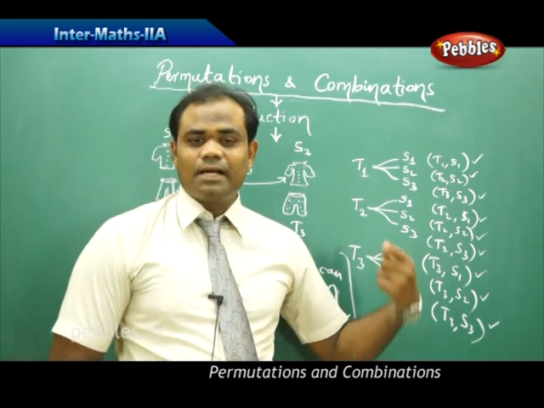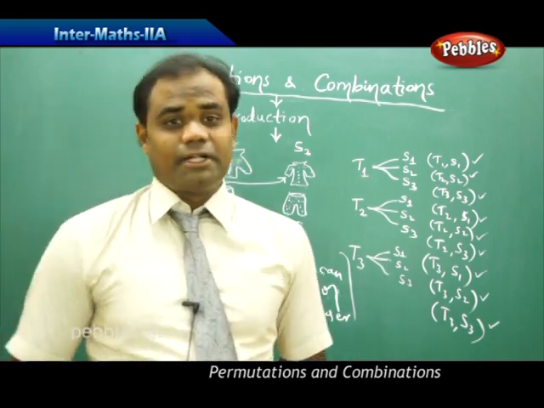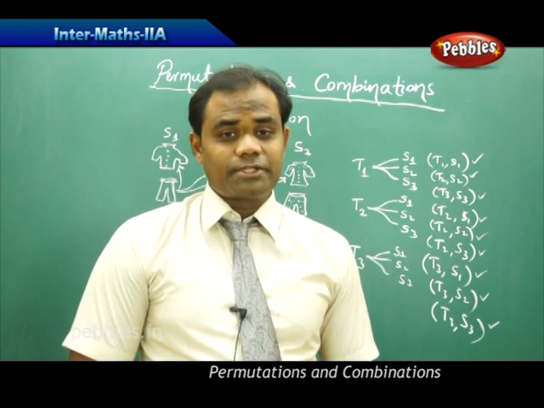So this example problem of 3 trousers and 3 shirts comes with the biggest question put forth to every one of us on what happens if I have 100 trousers and 100 shirts,